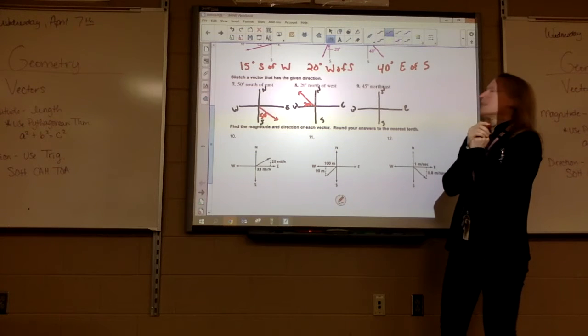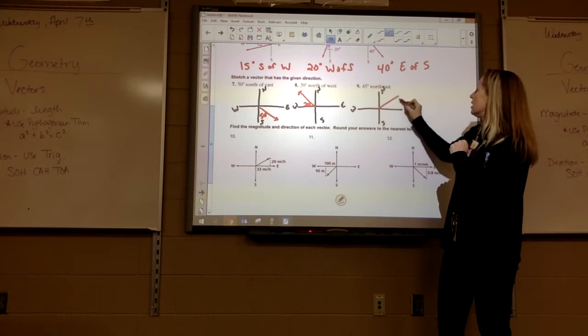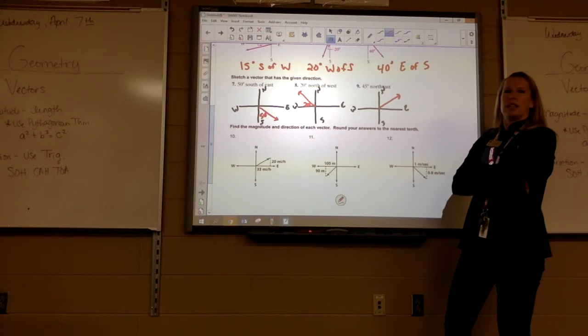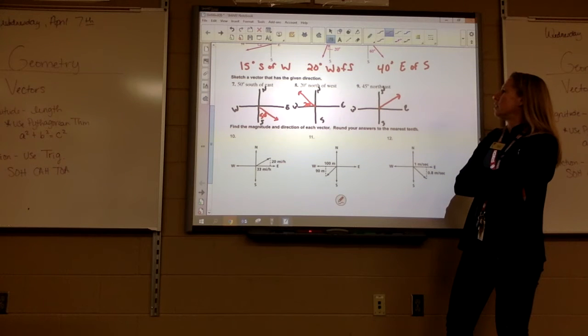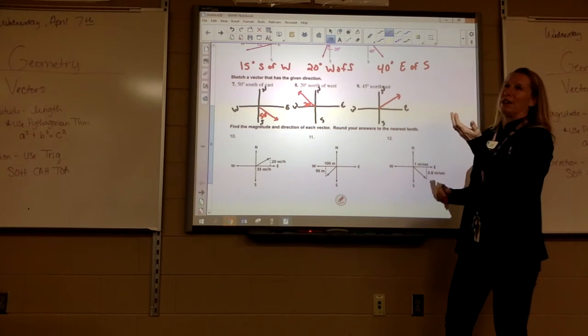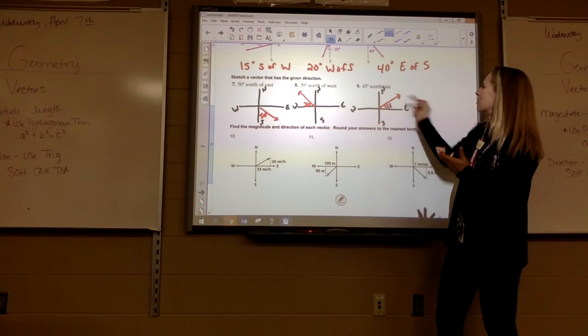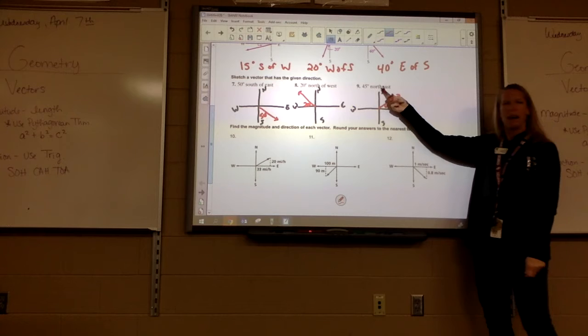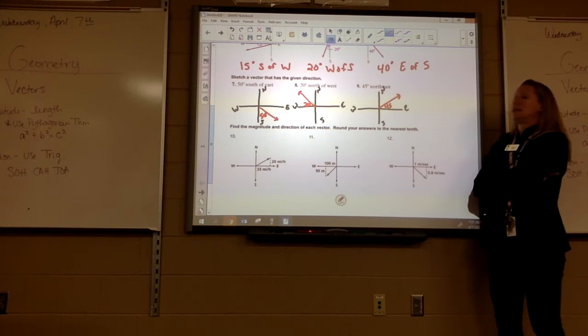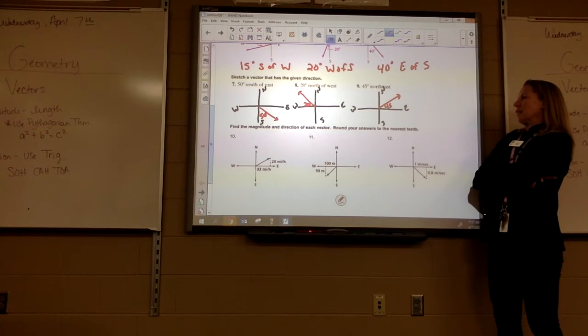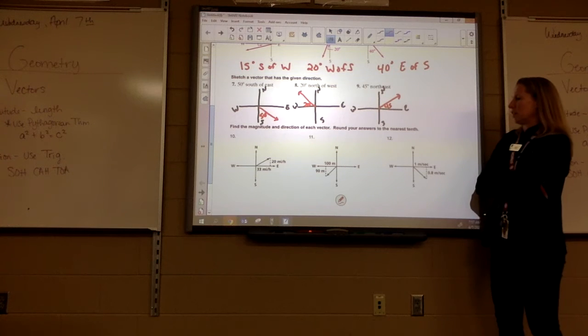So northeast, so it's between the north and the east. Which side is it going to go on? Both. Yeah, it really won't matter in this case because 45 plus 45 is 90. But yeah, the east side officially because north of east. But that same vector could be either side. Okay,